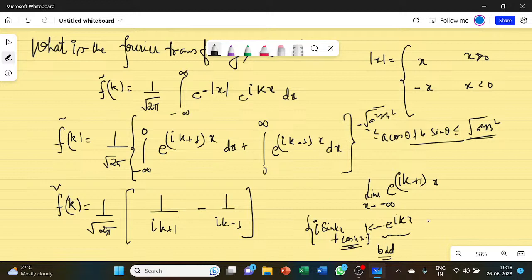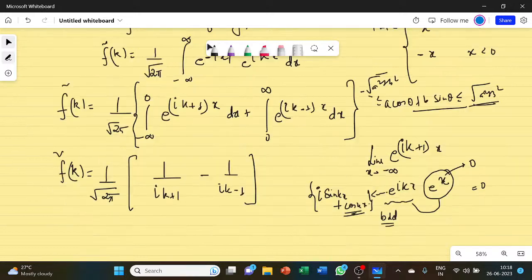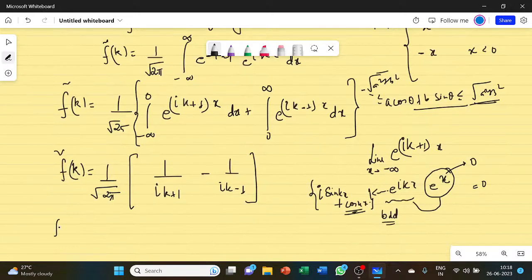In any case, this is a bounded function, but there is another function, which is e to the power x, and as x tends to minus infinity, this will go towards 0. So any bounded function when multiplied with 0 will eventually give you 0 only. So forget about the lower limit, forget about the upper limit here, it will also go towards 0 only. So therefore I have written this, and effectively I found that my f tilde k